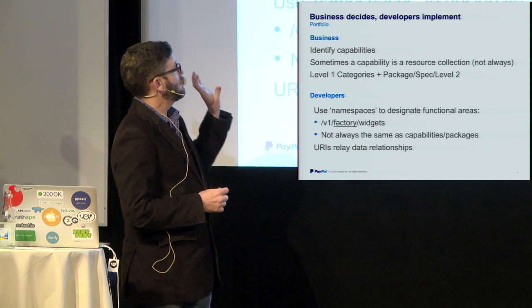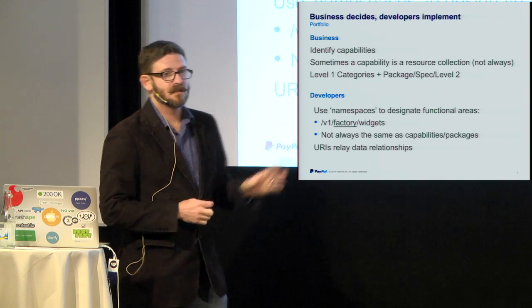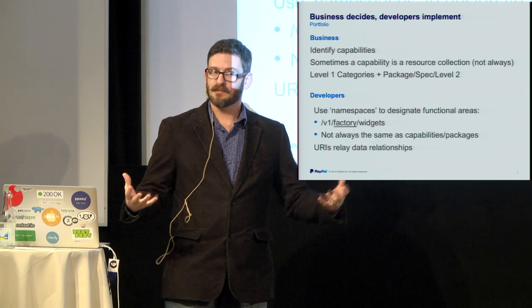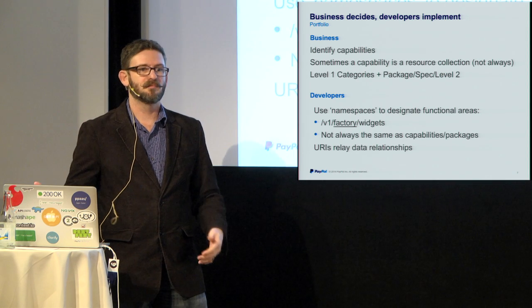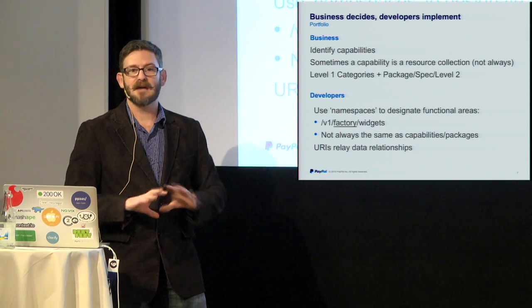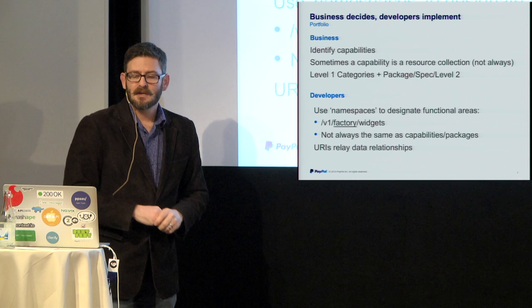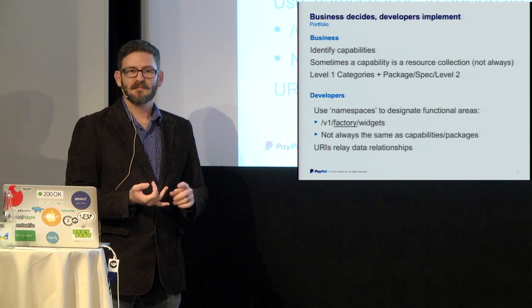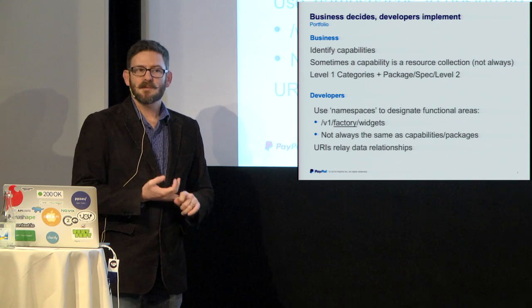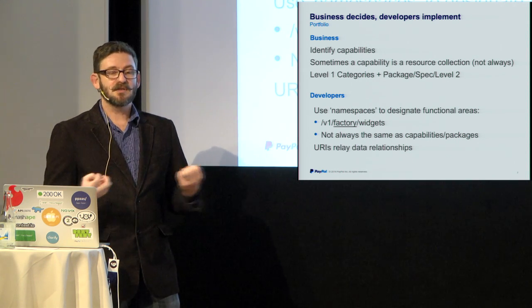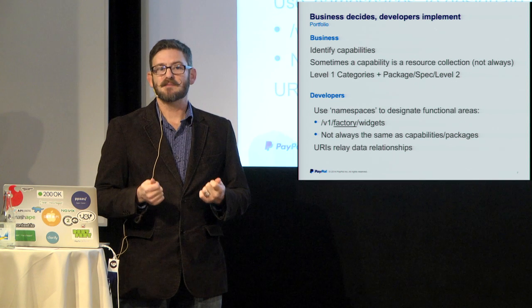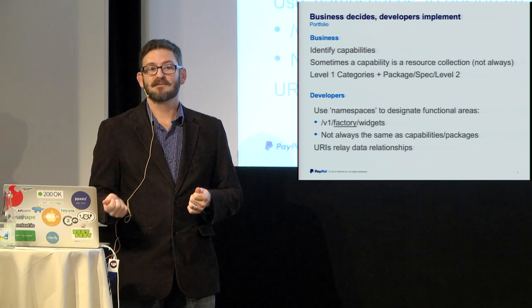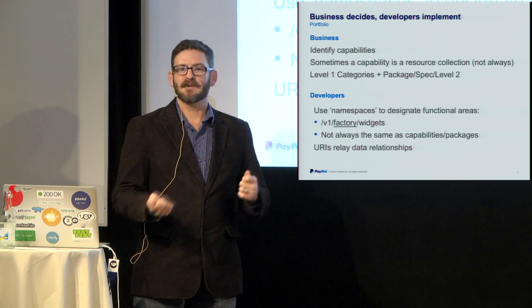So the first thing to realize is that when you look at a portfolio of APIs, especially a really big one, our platform's internal, partner, external, everything that we build, there's really two key perspectives. One is business, and the other is developers. And it's important because developers are the guys that are using these APIs, they're implementing, but quite often it's business who decides what they want to use. So we have to kind of speak in different languages.